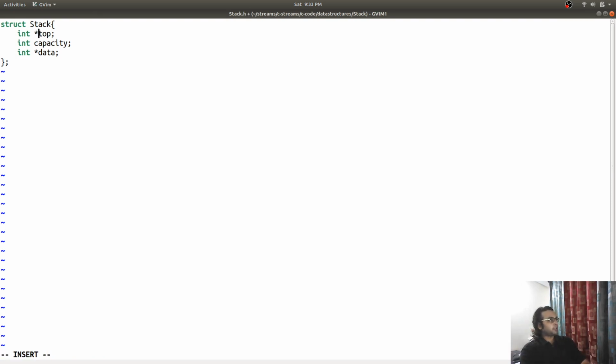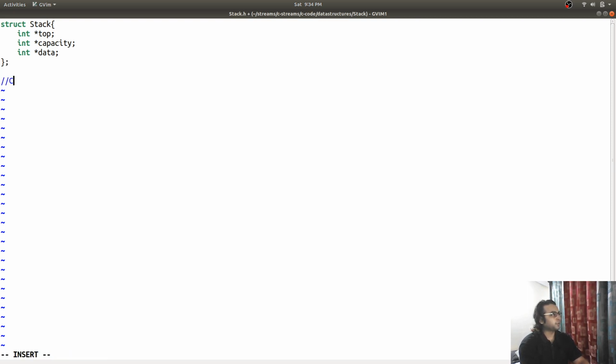One more thing: this is a star. Someone may ask why I am declaring the data as a pointer, but I am not declaring the capacity and top variables as pointers. It is because if I assign a memory address to the top variable inside a function from a local variable, because I will be creating a stack.